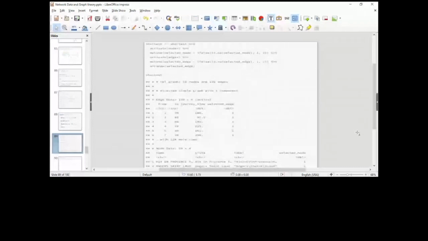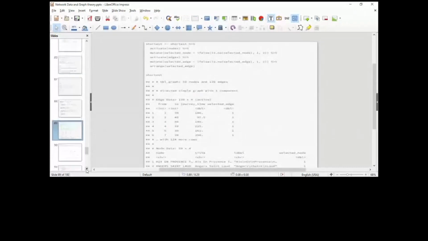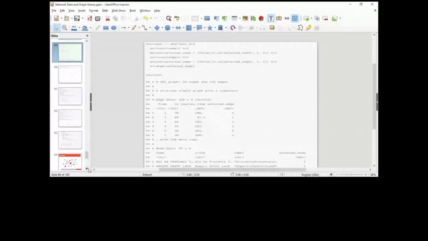Okay, so we are now looking at the shortest route into one of the stations, that is ARAS and MASI stations, that we have selected before,